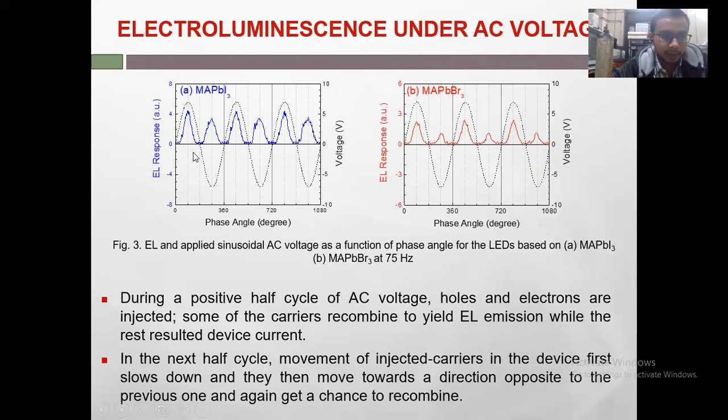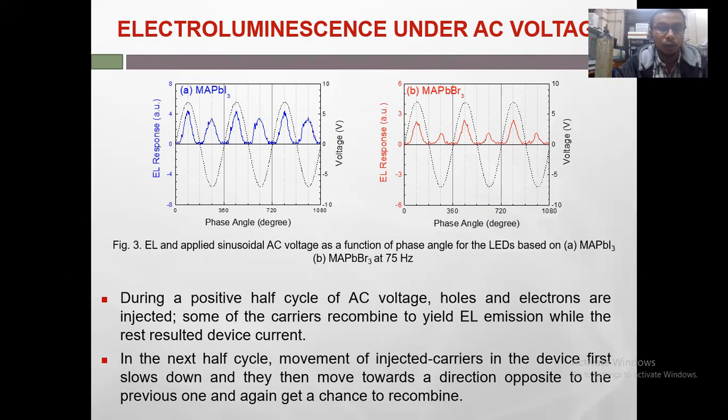Now, when we apply an AC voltage, EL can be shown in both directions. EL in the negative cycle arises due to the effect of the residual charge carriers in the device. That is, during a positive half cycle, the charge carriers are injected with ease. Some of the carriers recombine to yield EL emission, while the rest result in device current. At this stage, when the voltage tends towards the negative cycle, the injected carriers start to move in the direction opposite to the previous one. In doing so, they again get an opportunity to recombine and result in EL emission in the negative direction of